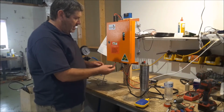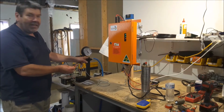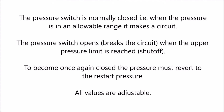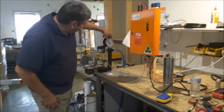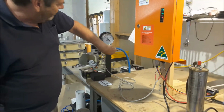Now what I'm going to do is connect a pressure switch, which I've got connected to a regulator here so we can play with it. And I'll just connect this up. Now we're back on well. The reason for that is that I've got this pressure switch set at 500 kPa. So if I drop this back down, the reset value,